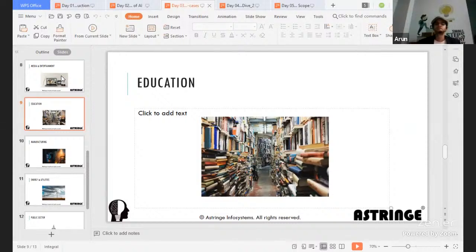In those scenarios you can use AI, which could prescribe whether you are going in the right direction or not. Okay, that is about education, and that is one aspect.